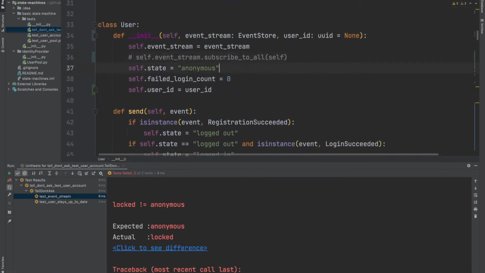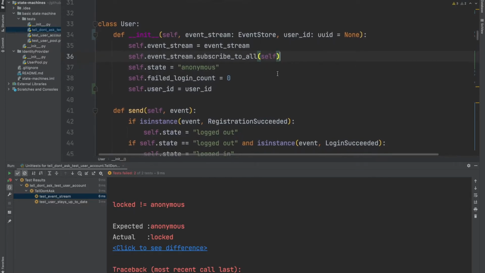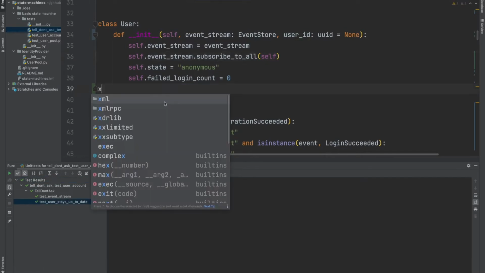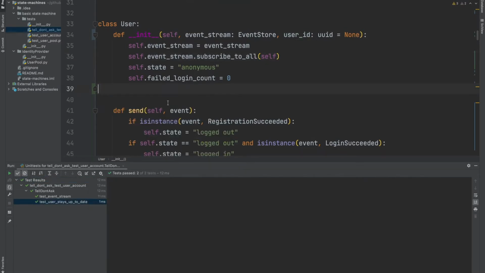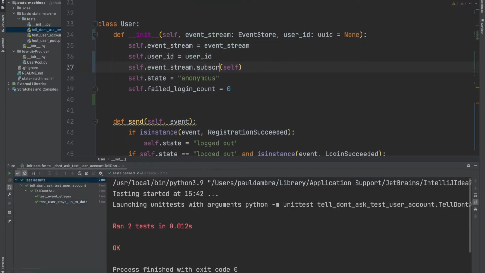Okay, yeah. It does actually depend on that subscription. That's all right. So we don't want to subscribe to all in this world. That's just too much data going backwards and forwards. We want to subscribe to a stream,